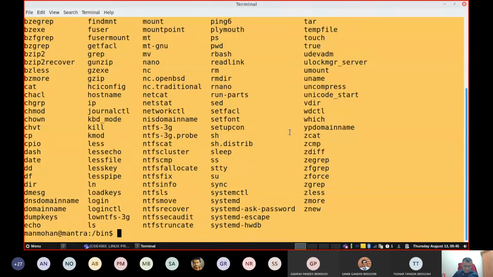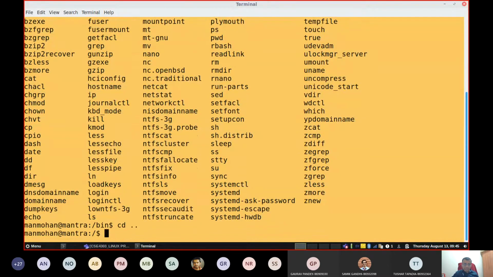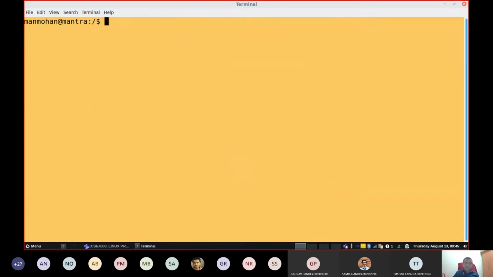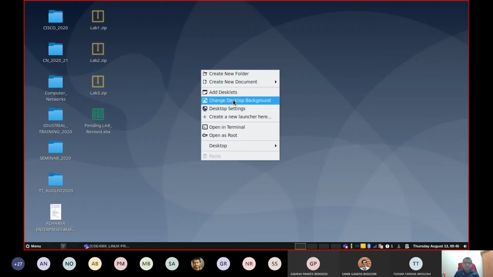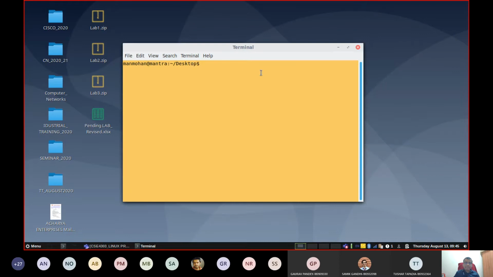So anyway, now we are discussing the bash program. Now let us study different commands one by one, what we can do on this particular screen.